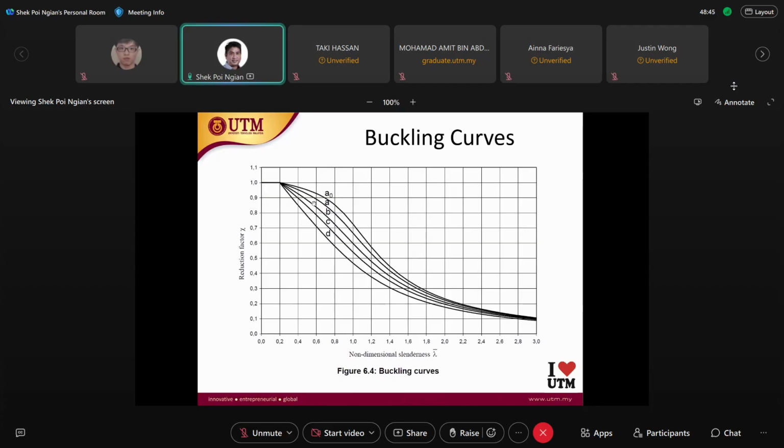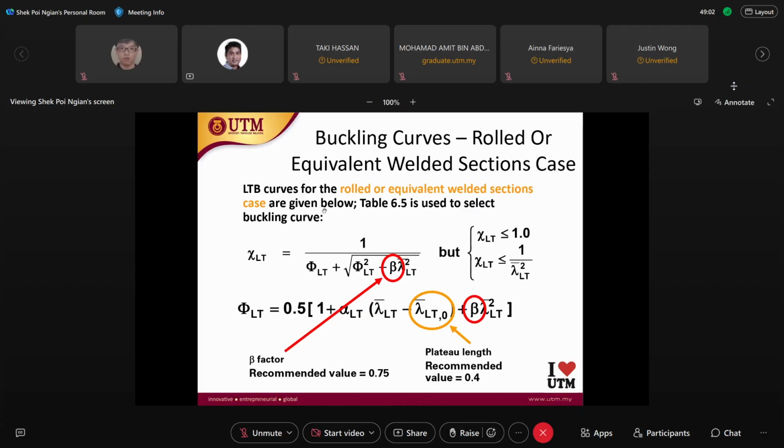So you see curve A with the same non-dimensional slenderness has a higher reduction factor. Curve D gives you a lower reduction factor, meaning lower resistance. So this is another method. It's under the primary method, but for rolled or equivalent welded section case. Okay, so we don't suggest you to use this because it's more